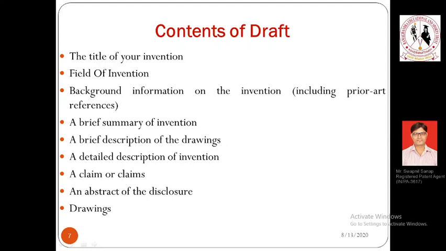Then you need to specifically write what are the problems or what are the associated art that is available in the literature, and then what problem you have noted in those art on those particular references. And then you have to specifically write what is the need of this invention, or rather what triggered you to come up with this particular invention. That is what we write in the last paragraph of the